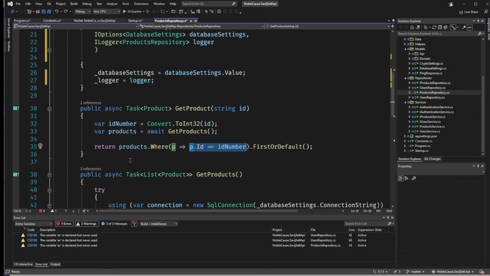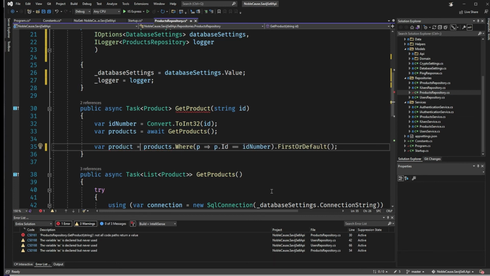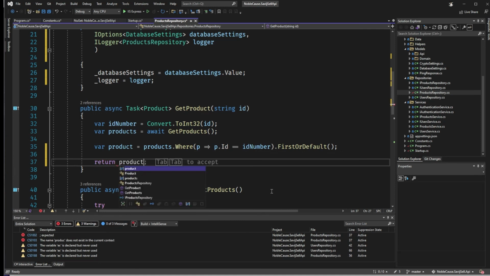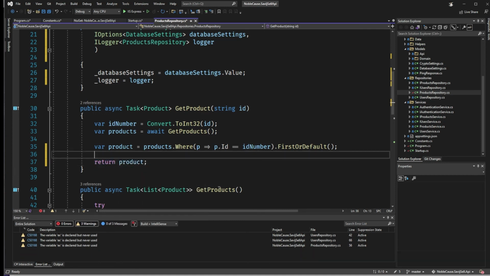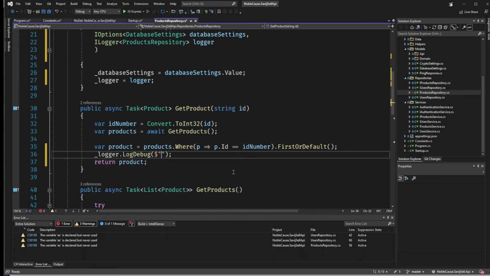So rather than just return that so that I can log, I'm going to just call that product, right? Assign it to a variable instead of just returning, and then I can return product. What that allows me to do, it doesn't change the functionality of this function at all, but it now allows me to logger.log debug, and I can say